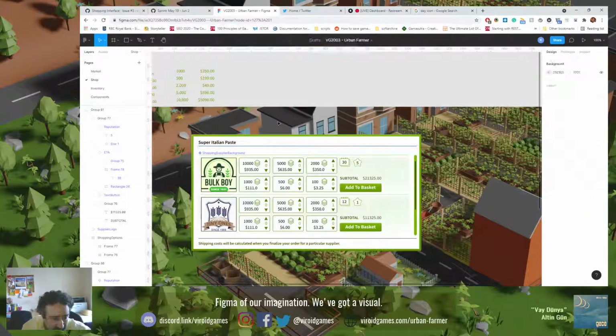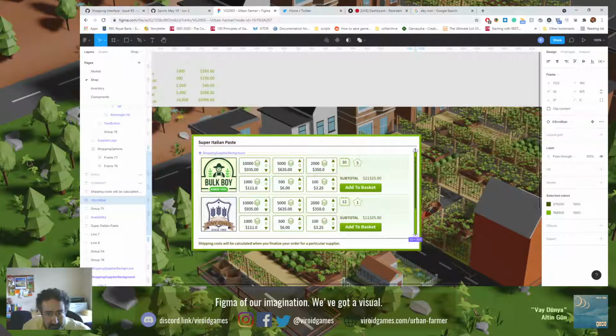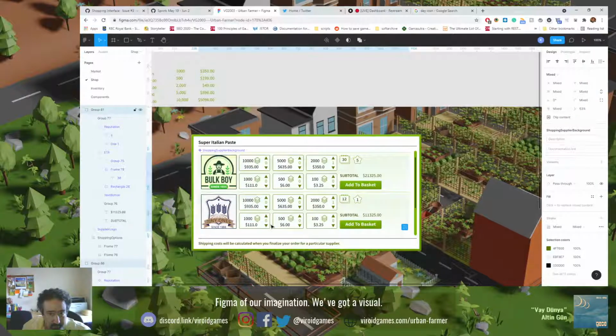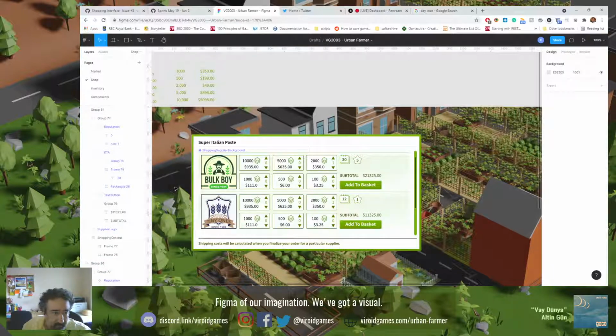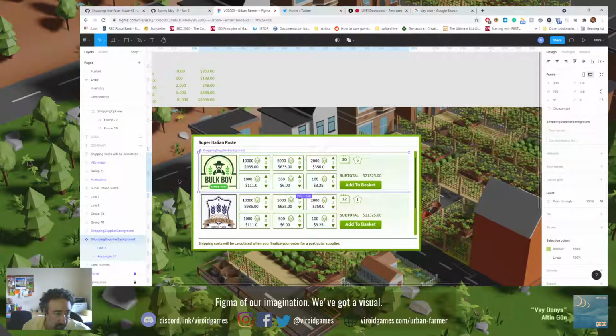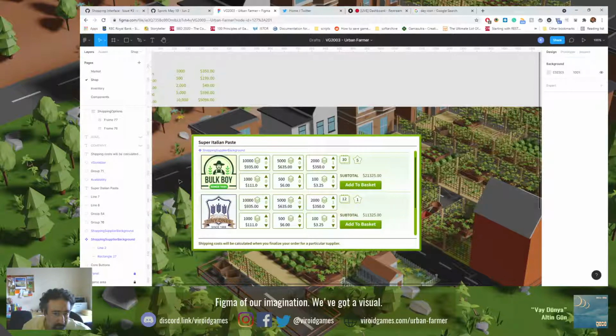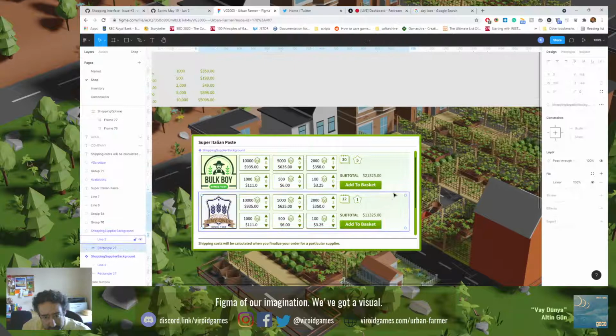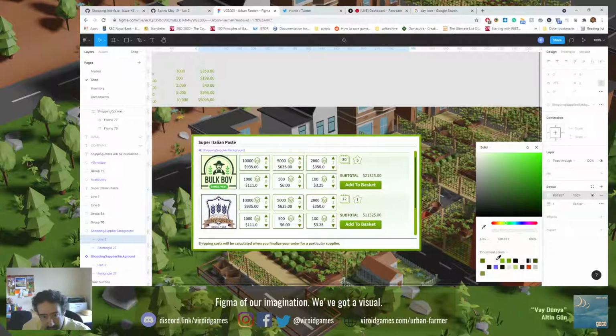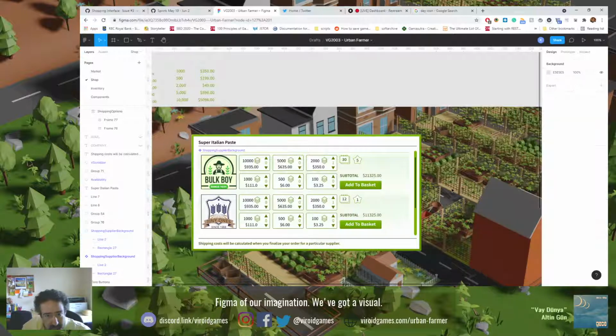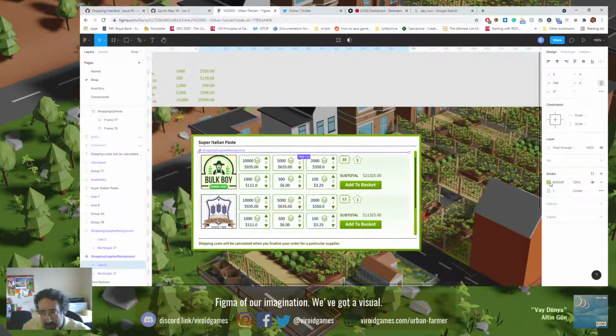The colors may change, but yeah, this is still too much. This line here is too dark. Why did... oh, it changed it in the instance, but not in the